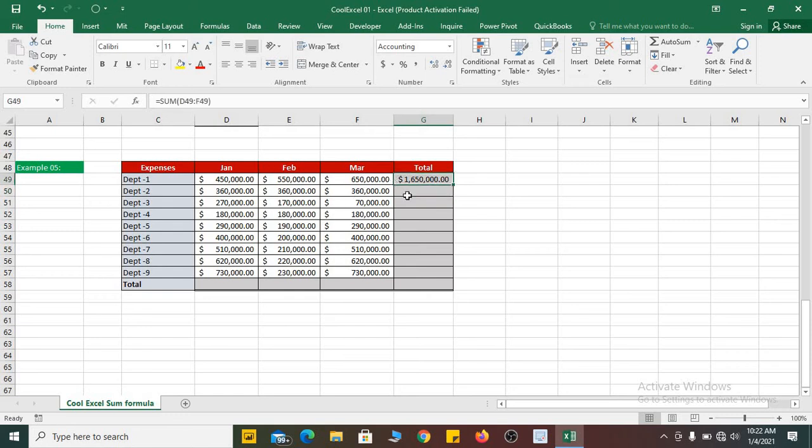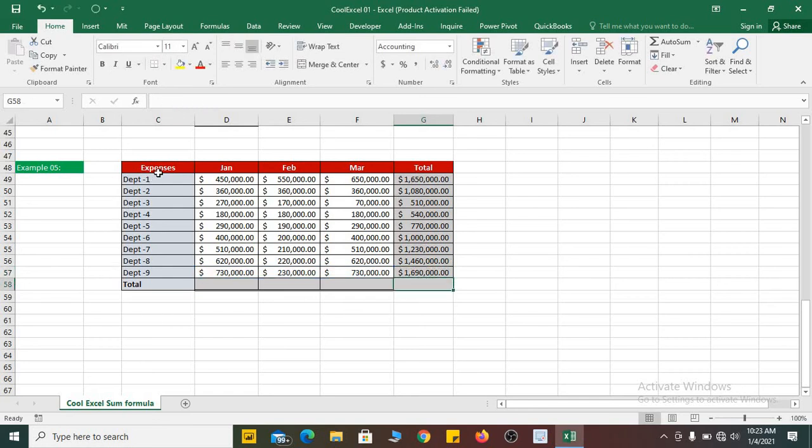Okay, it's working well. Yes, we can copy this formula to the cells below. How can you do that? Let's click on your cell, and when the slim cursor comes here, press your left mouse button and drag it downward, and this will show you the total or sum amount of these departments' expenses. Come to the last formula and press F2 from your keyboard to show the formula. Wow, it's working well. The sum amount will combine these 3 months expenses, and press enter.